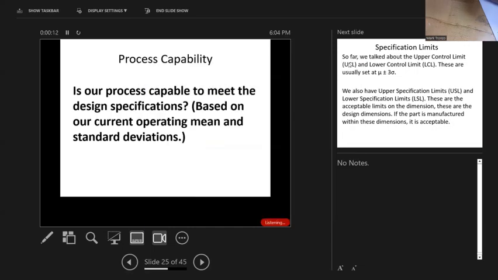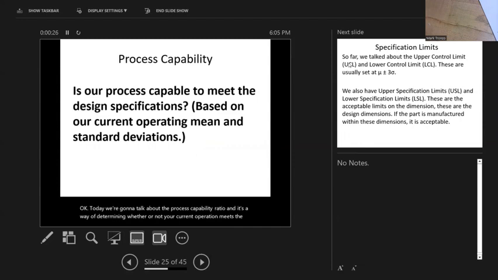Okay, today we're going to talk about the process capability ratio, and it's a way of determining whether or not your current operation meets the specifications, or it can be done within the specifications. And in fact, a good way to see this,